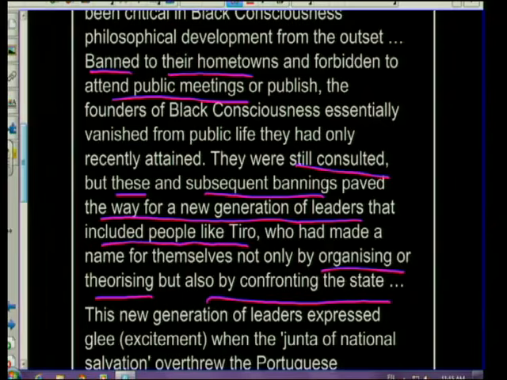Remember, keep in mind the question. The question is asking you to write a paragraph on how the ideology of black consciousness challenged the apartheid government. And clearly we see this in the source. There is a lot of information that you can get out of the source to answer that question. So clearly we can say that it is relevant.